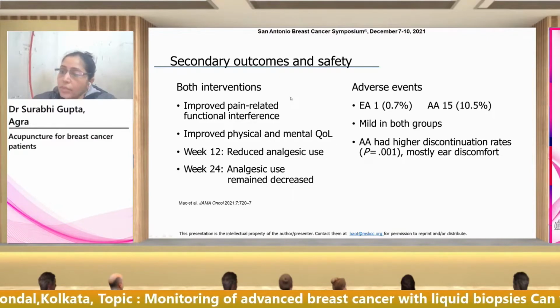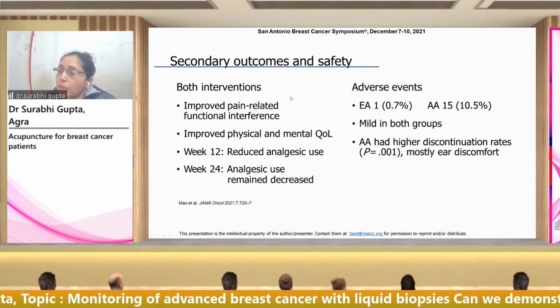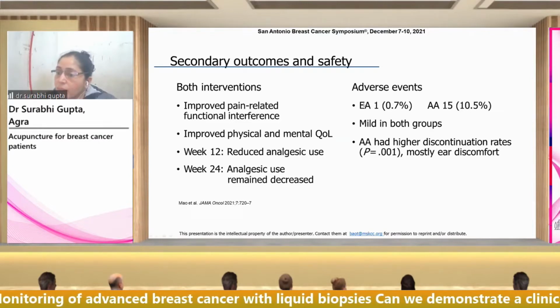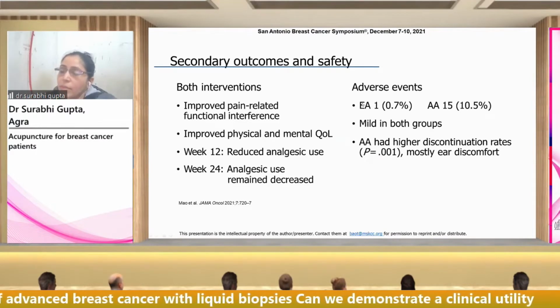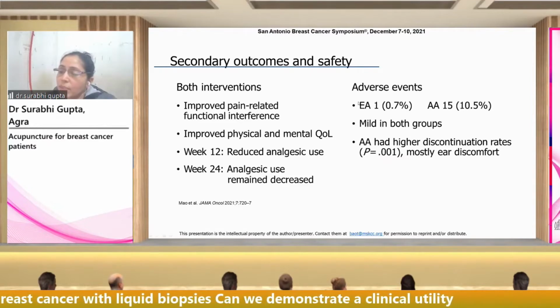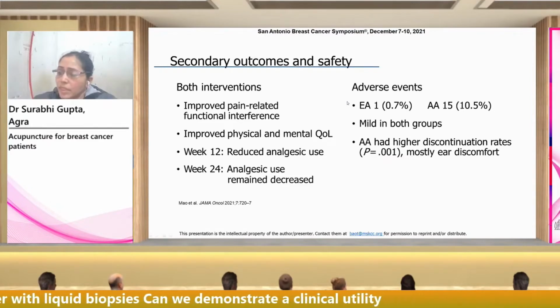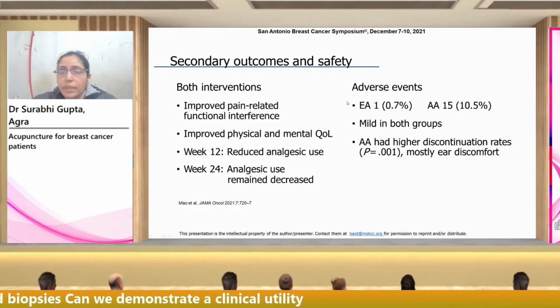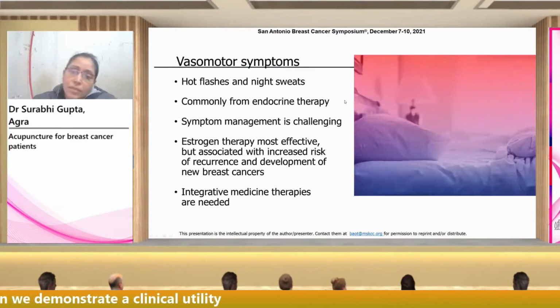Adverse effects were seen in both arms, but were more in the auricular acupuncture arm, though mild. But 10% of patients discontinued this treatment due to the discomfort. Another symptom seen in breast cancer survivors